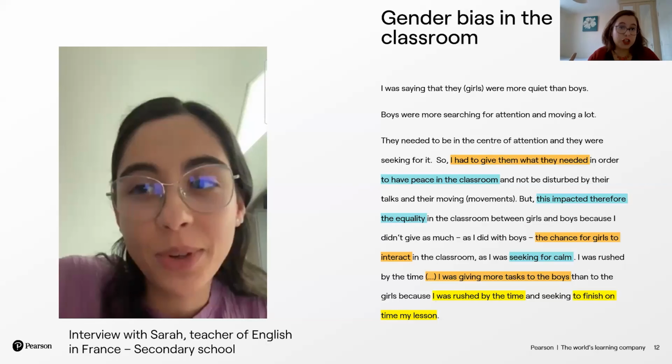Of course, when you have larger classrooms, when you have maybe 30, 40 students, you cannot technically allow 40 students to speak at every session. However, you can think about how you will plan your lesson in a way where everyone will have a chance to contribute the way they want to contribute. So you would have students that are more creative, students that are more vocal, students that are more dynamic in the classroom.